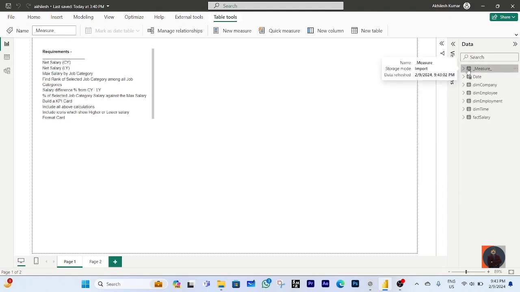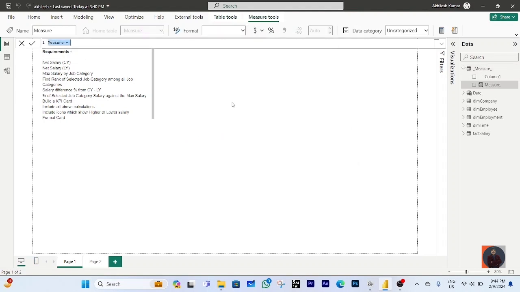What I usually do is just click over the measure table, because clicking is mandatory. That means after clicking the table, you're gonna create a measure. Those measures will go under the same table which you have clicked on. So clicking the measure table, I'm going to create a new measure from here so that whatever measure I create will come under this measure table. So this time I'm gonna create